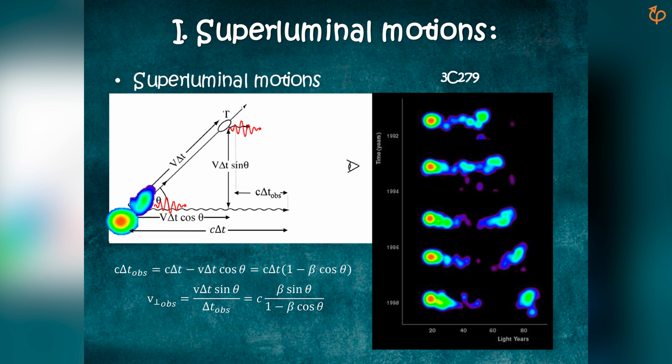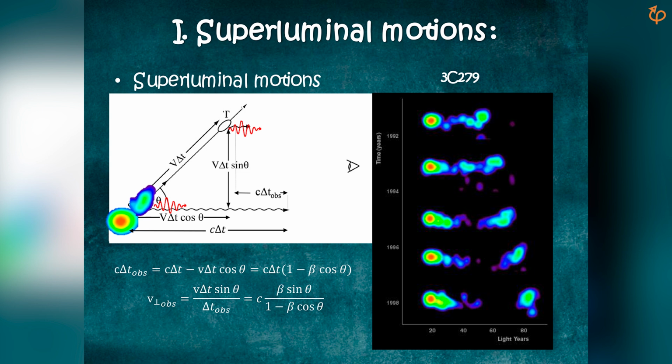So in order to measure velocities, what I see is a motion of the blob across the sky. This is the path that I see. This path that you see here is actually this, okay? So this path, which is the velocity of the blob v times the actual time delta t times sine theta, I want to connect with the distance between these two photons, c delta t observed. So this is just a simple